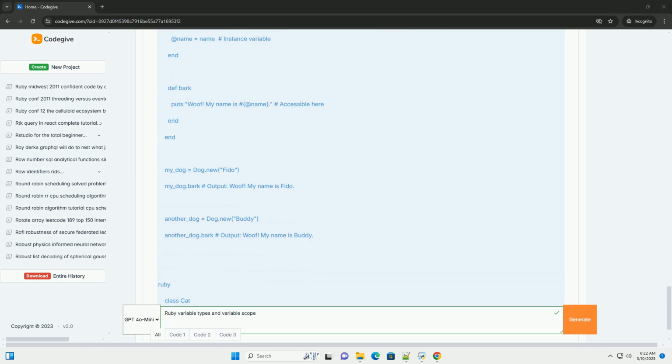3. Constants. Although not strictly variables, constants are also important to mention. Constants begin with an uppercase letter. By convention, they are usually written in all uppercase. Constants should be assigned only once. While Ruby allows you to reassign constants, it will issue a warning. Constants are accessible within the class or module where they are defined and can be accessed from outside using the scope resolution operator ::